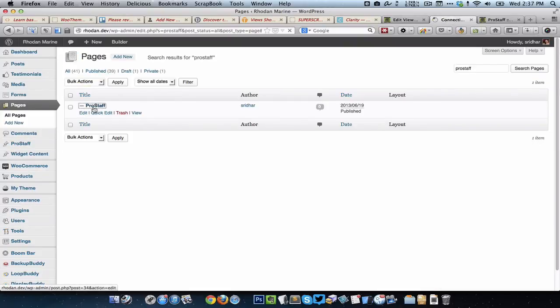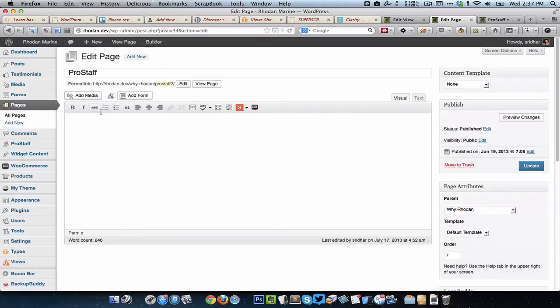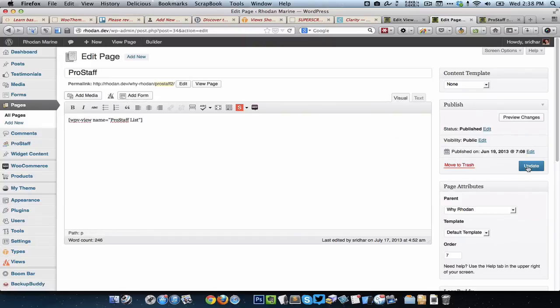So now I'll just edit my page in which I want the list of staff members to be shown. I'm going to click on this Views button, and from here it shows all the views that I have created are available. So I'm going to select the Pro Staff List view which I just created. Click on update.